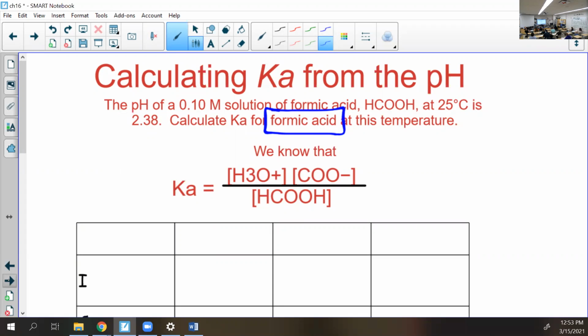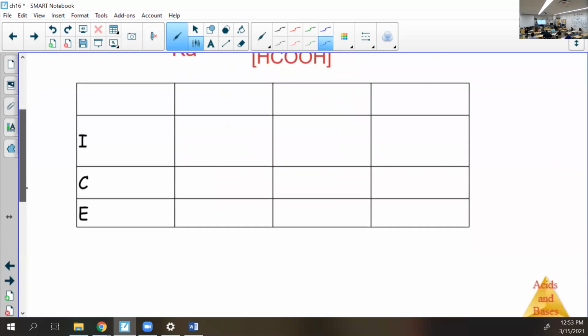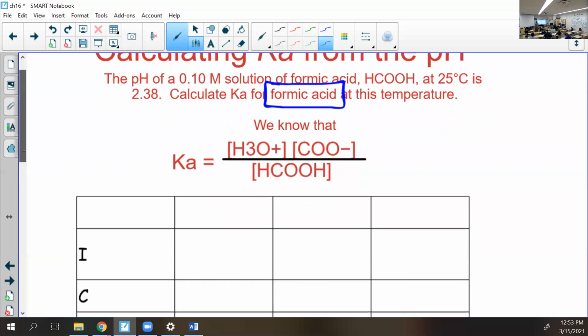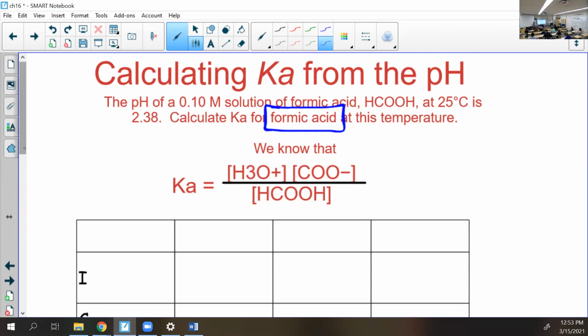Okay, now moving on. So how do we go about this? You just set up the ice table. Use the exact same thing. It is similar, but is it exactly the same? No. Here we go. So the reaction is